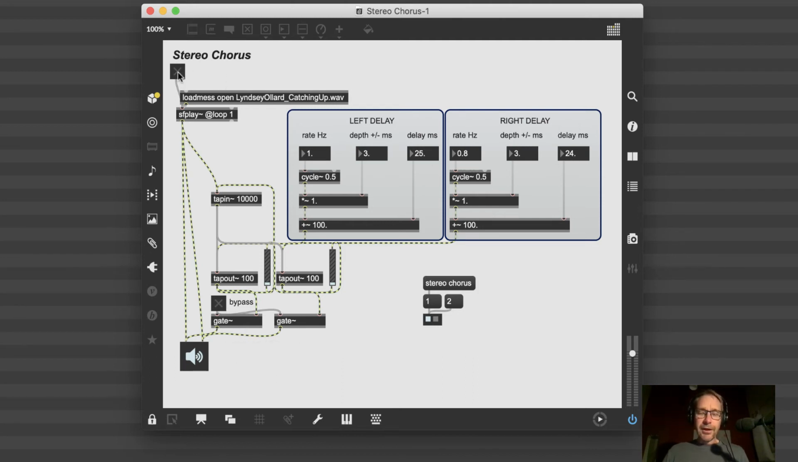Here's the direct sound. I'm just catching up with yesterday. And now we're going to add our stereo chorus effect. I'm just catching up with